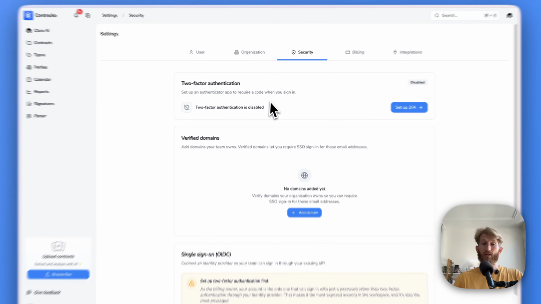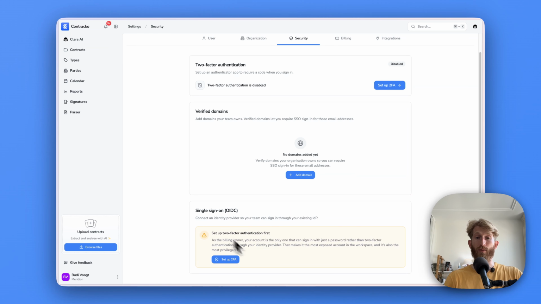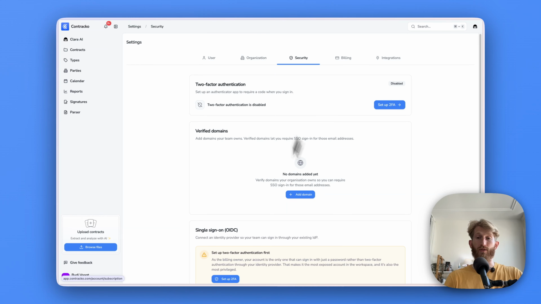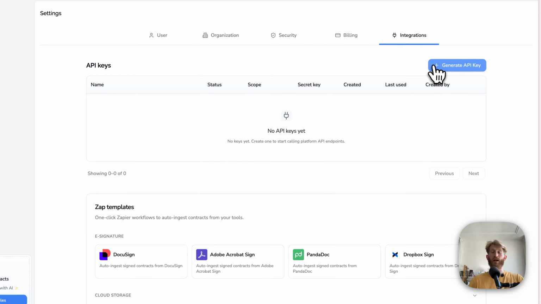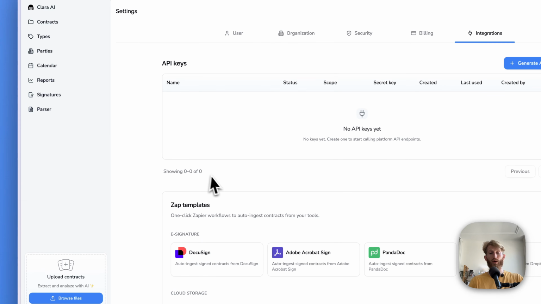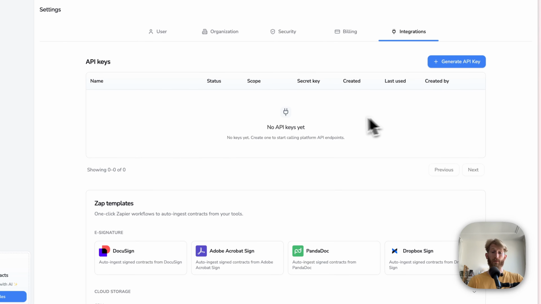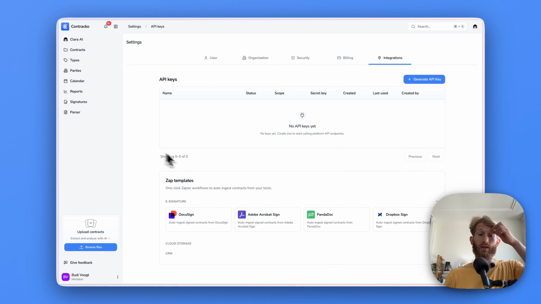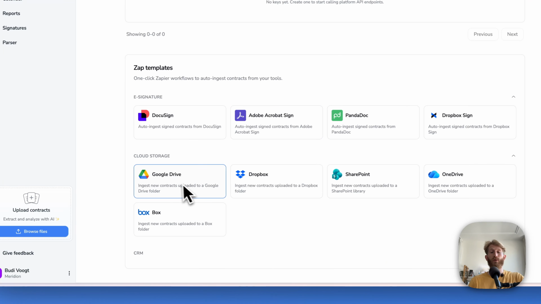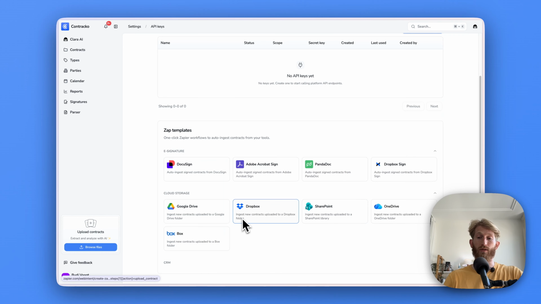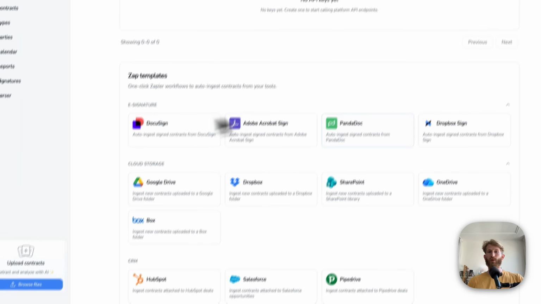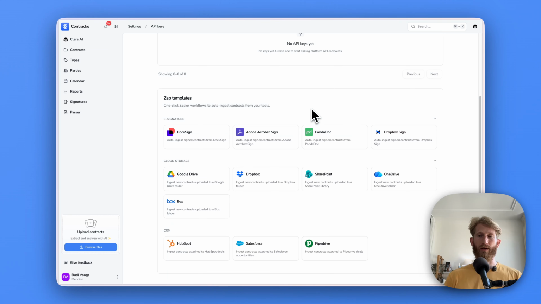We support two-factor authentication and single sign-on on our big business plan for security, and so you can govern two-factor authentication. And we have API key support for our parser, and we support Zapier. That means if you don't want to use our e-signature, you could connect it with whatever e-signature platform you like. You could also monitor folders in your cloud storage so that any file added in that folder will be automatically added. We can do much more with this, so we're very eager to hear if you are missing an integration or would like us to add more.